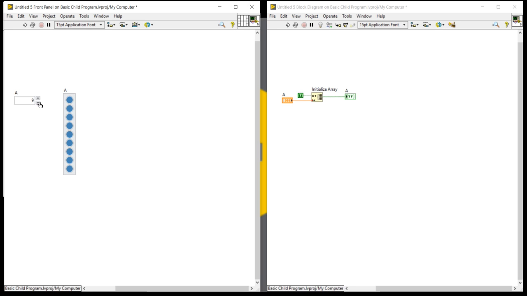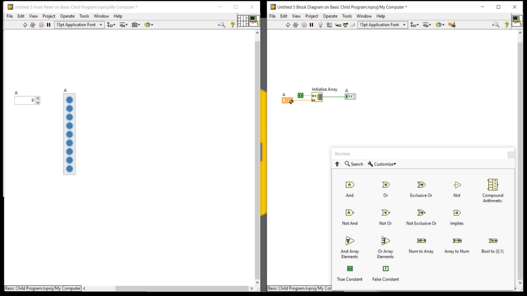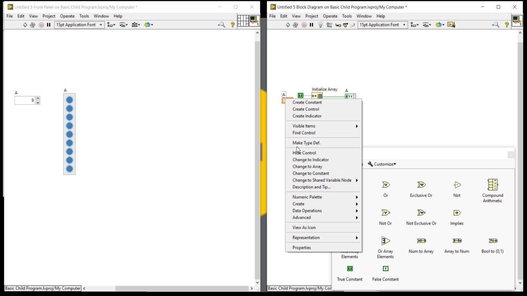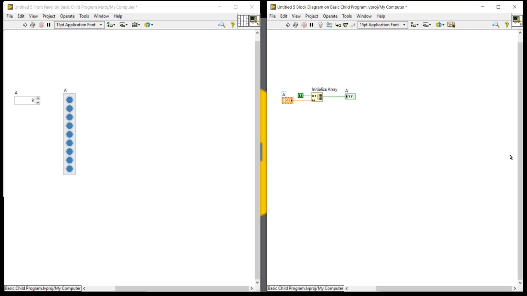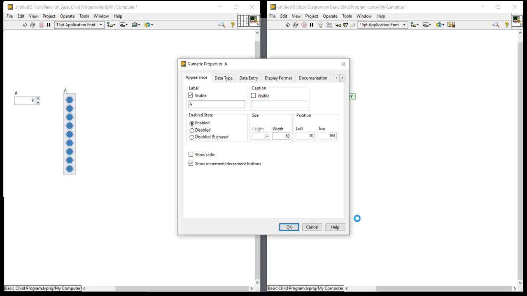Okay, so here right click on the numeric terminal and come into the properties. In this property there is data entry.